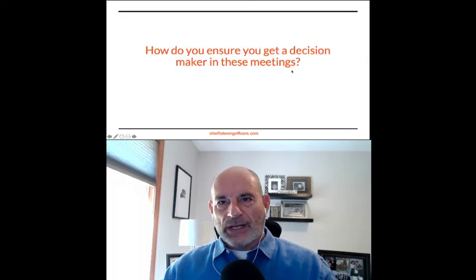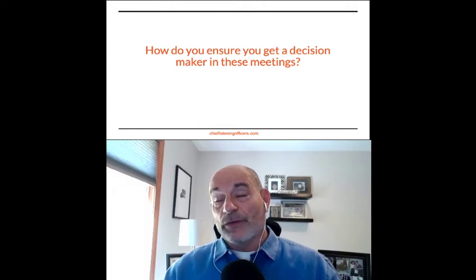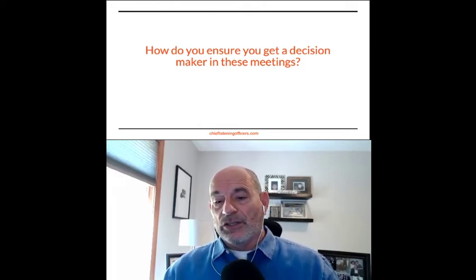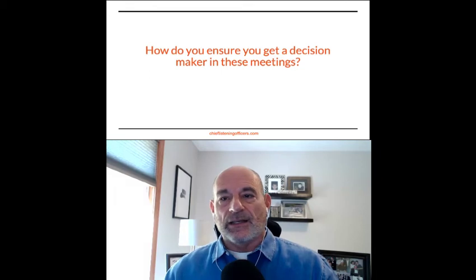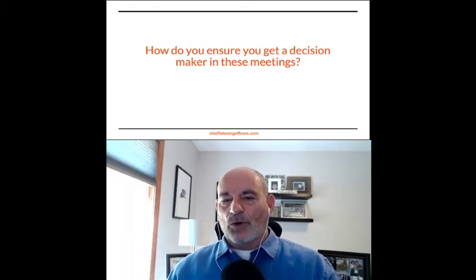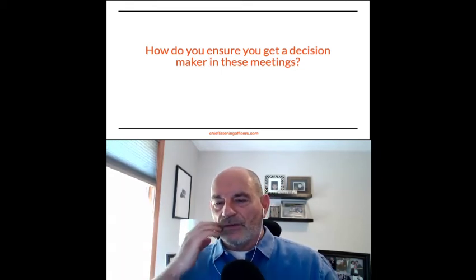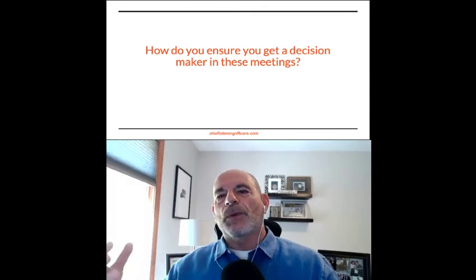How can you ensure to get a decision maker in these meetings? Well, there's no way to ensure anything. But if you want the decision maker in the meeting, then you ask your contact to include the decision maker, or if it's okay to include the decision maker if your contact is in fact not the decision maker. And also make it clear that you have some questions about the business. It's not their experience with your product. That's not what's driving the need for this conversation. It's getting their perspective on their business.